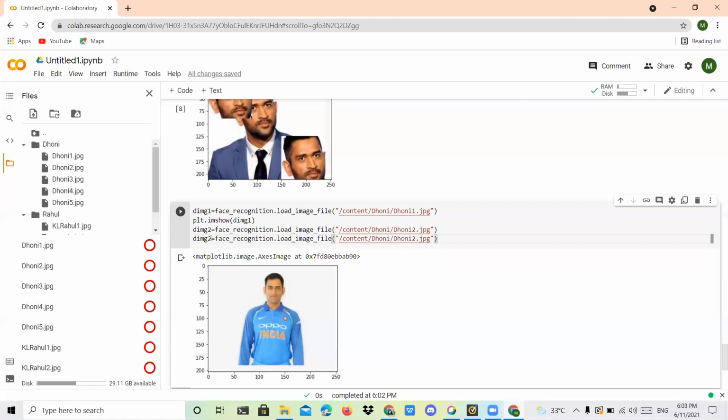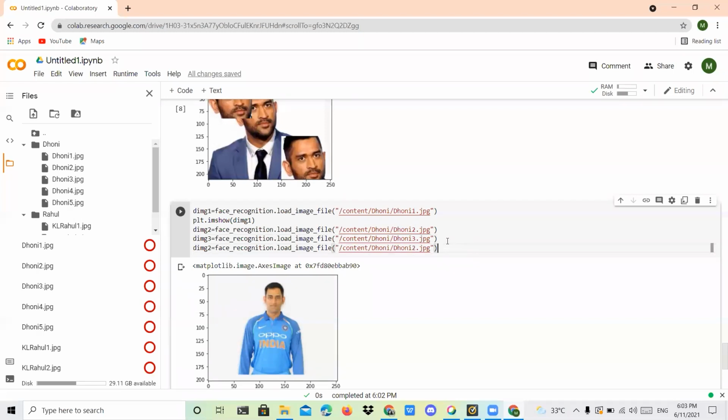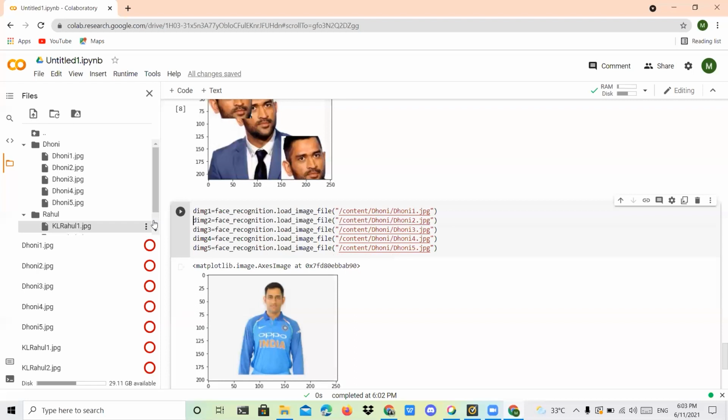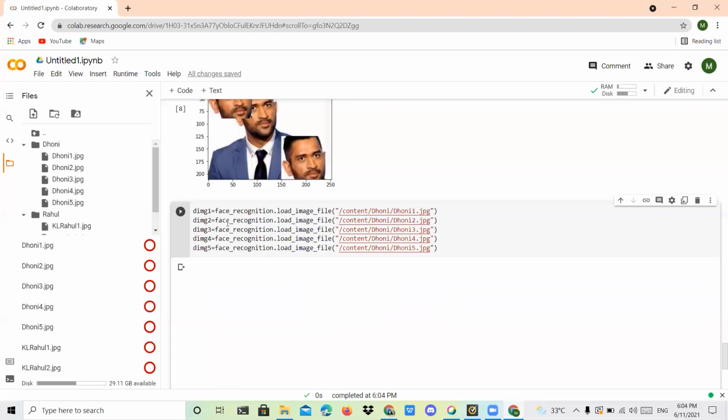This is Dhoni 3, I have 5 images, so this is the 4th image, and I'm going to copy my 5th image. So I can delete this one. Yes, all 5 images are loaded into this variable.